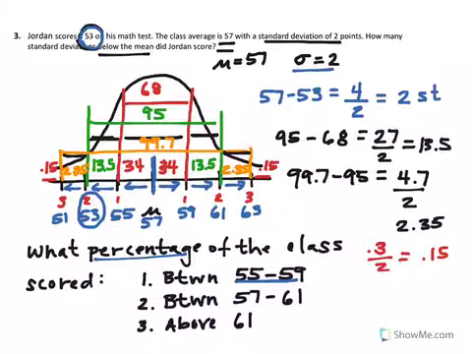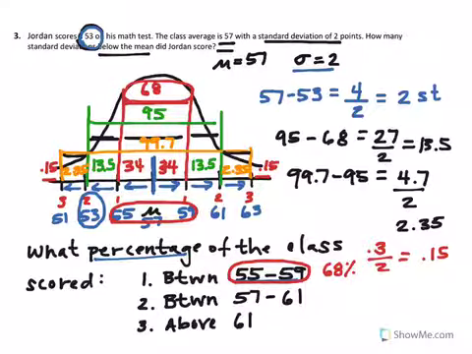So okay, how many of the students got a score between 55 and 59? Well, that is represented here between 55 and 59. That's from 1 standard deviation below to 1 standard deviation above, and we know that that is 68%. So 68% of the students. Well, what about